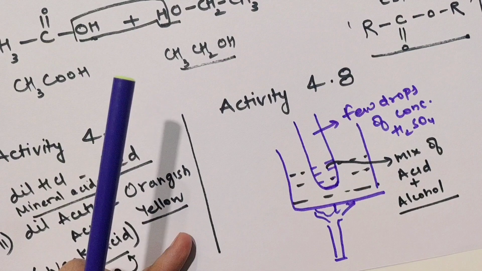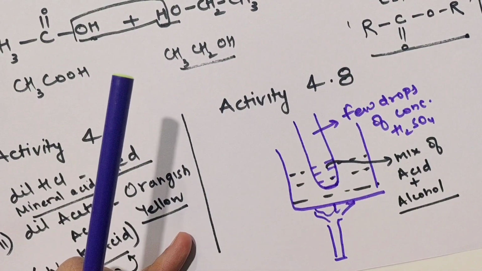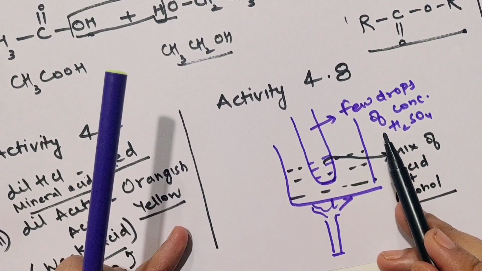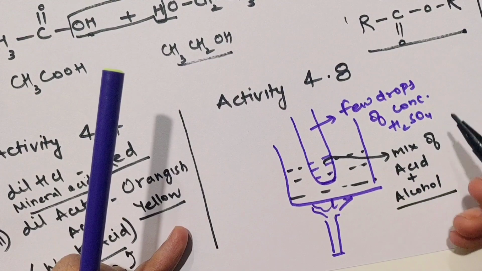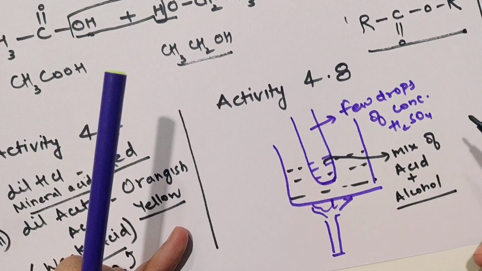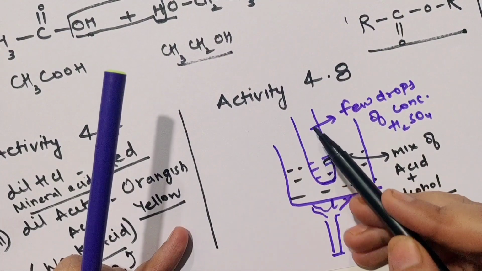So we cannot risk heating them directly. That is why we heat them in a water bath, indirectly. So when you do this, after around 5 minutes, if you smell the test tube,